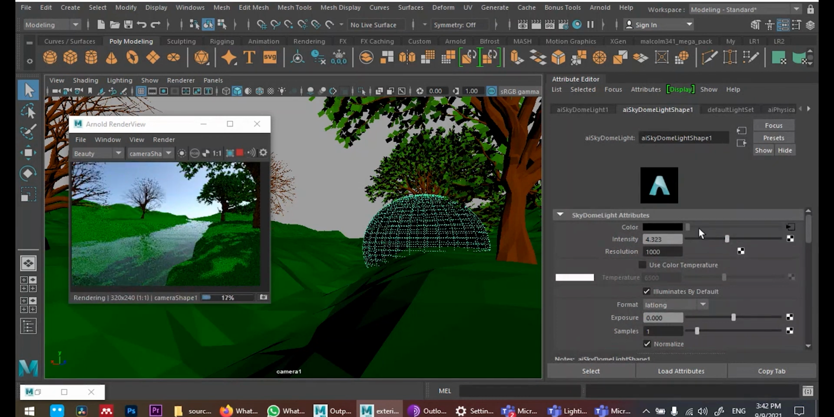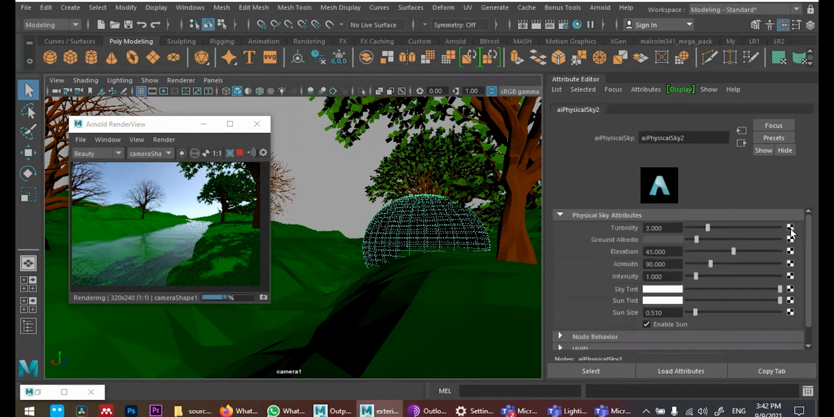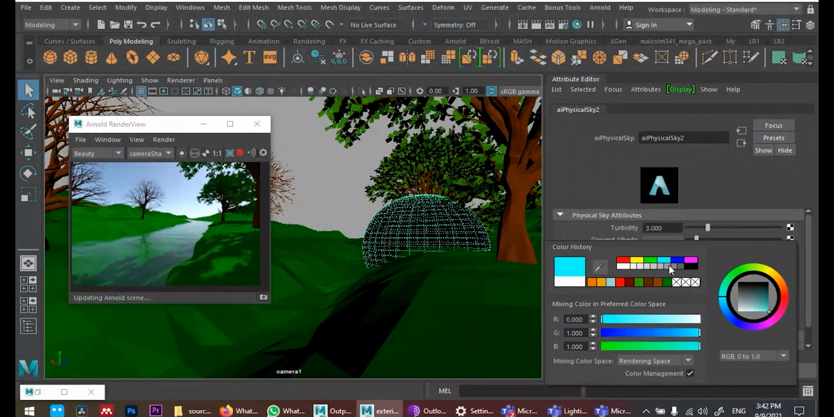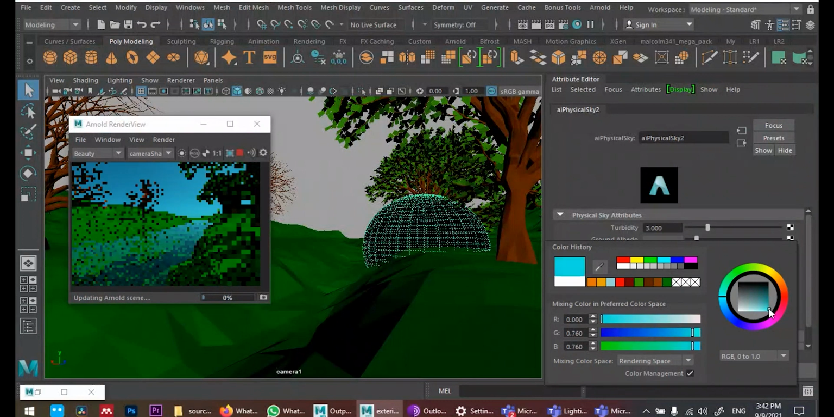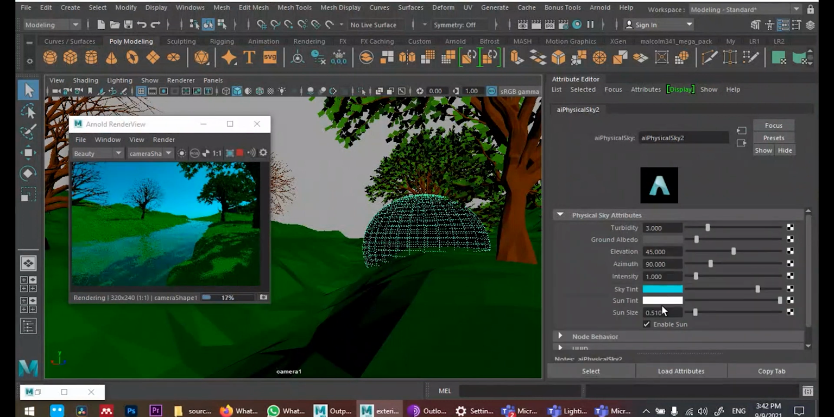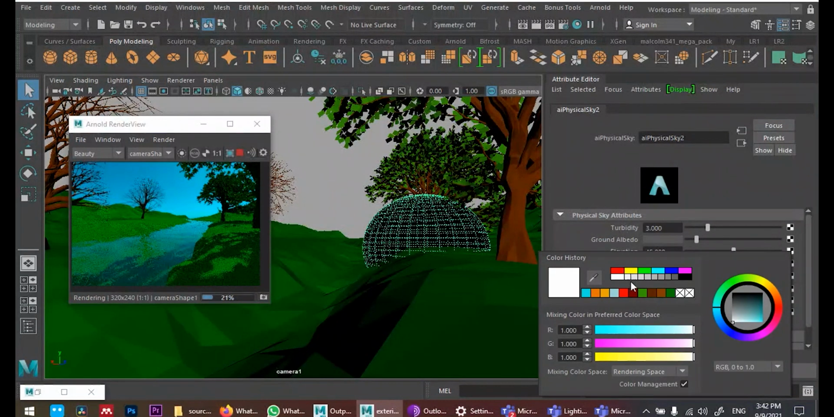And the color property of this light is already attached there. You could see there is an arrow pointer, which means it's already connected. You can click, and there you could see turbidity, ground albedo, and there are two sky changes. This is the first color, I prefer to go with light blue, and the second color I could go with